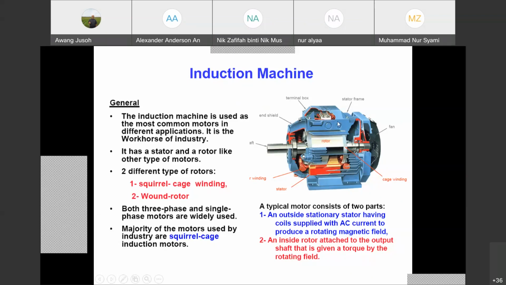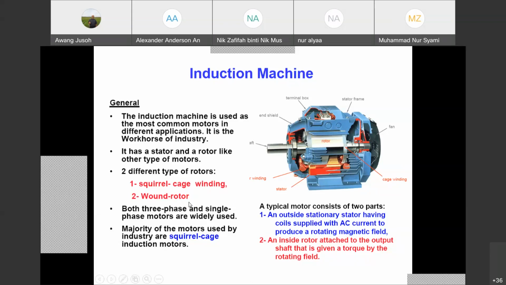There is a method to start the motor. So it goes to the starter first, and the output of the starter goes to the terminal box. We have red, yellow, blue there. This is a very simple thing. And on the inner part we have the rotor. The rotor can be of two types: it can be a squirrel cage rotor, or it can be a wound rotor. Squirrel cage rotor is a very strong machine, and currently most induction motors use a squirrel cage winding kind of rotor. We also have the wound rotor. These are all types of machine.